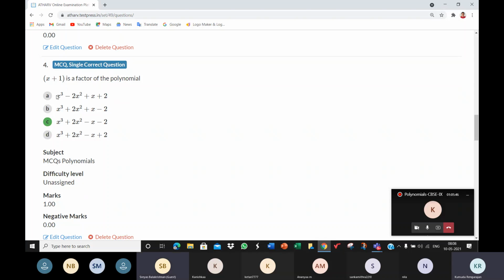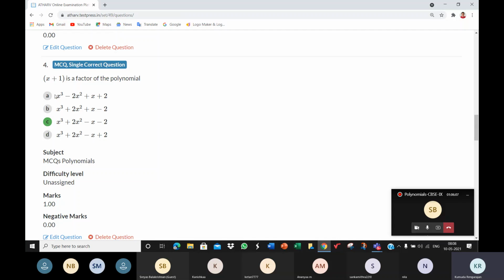There is no p of minus 1, ma'am. There is no p of x itself, ma'am. No, I thought you will understand that we are calling these expressions p of x. Okay, let me mention that then. So when you take this as p of x, x is equal to minus 1. So you should find p of minus 1.